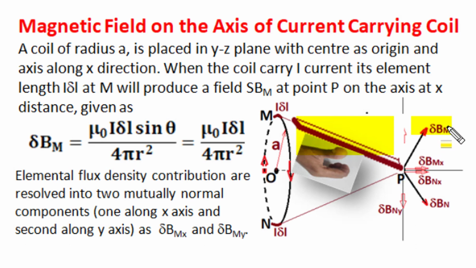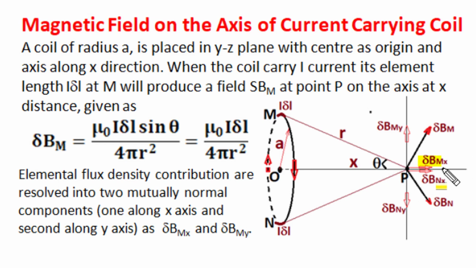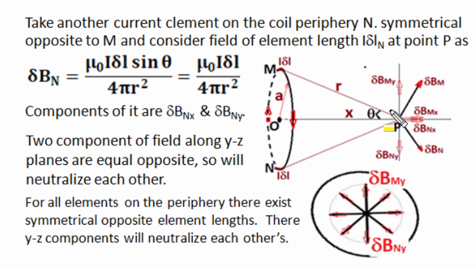flux density contribution. Now for mathematical manipulation, we can resolve this magnetic field component, one along axis of coil, that is x direction, delta B of M point in x direction, and one perpendicular to this axial direction in YZ plane, and this component will become delta B M Y. We have obtained elemental magnetic field flux density contribution at observation position P by a small elemental current length at position M, and to find out resultant magnetic field flux density at this observation position P by the entire current